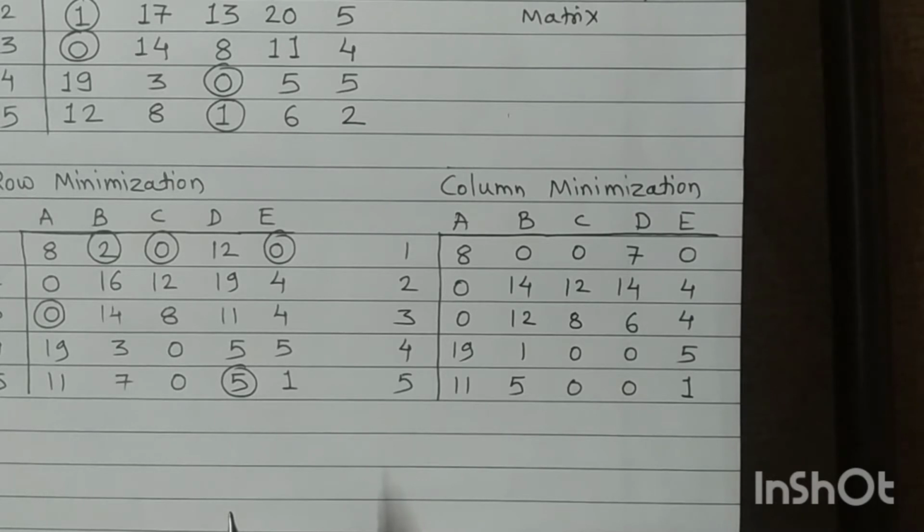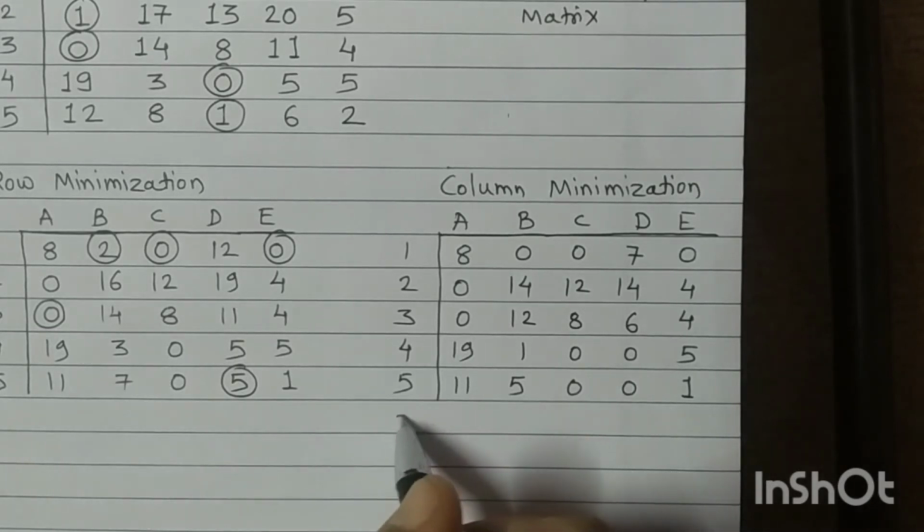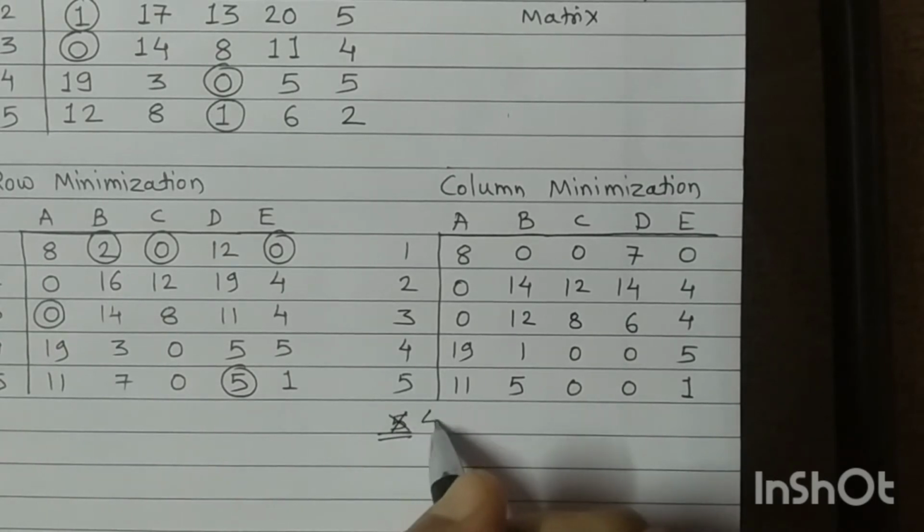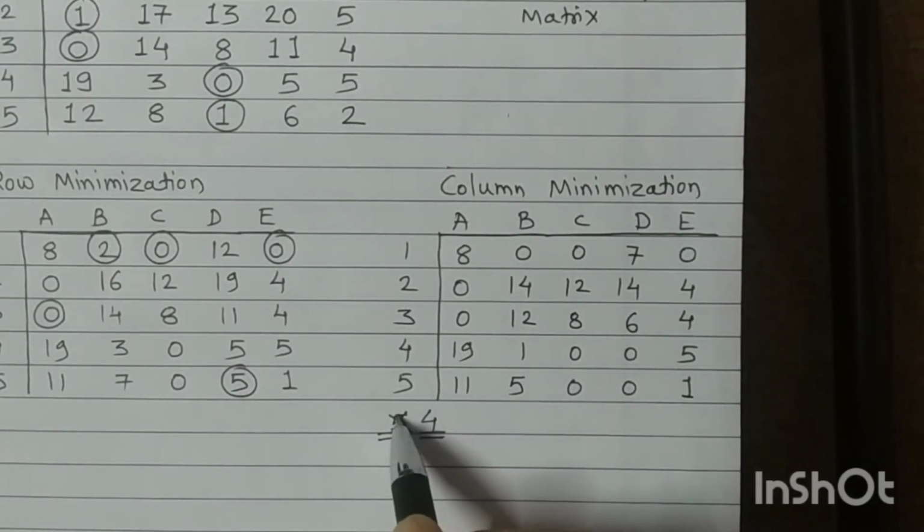The next step is you have to cover the zeros. As this matrix has 5 rows and 5 columns, that is, the order of the matrix is 5, first of all I will search for 5 zeros in a row or column. So students, are you able to see 5 zeros in a particular row or column? No. So reduce this count by 1 and start searching for 4 zeros. Can you see 4 zeros in a row or column? No. So search for 3 zeros. Can you see 3 zeros?